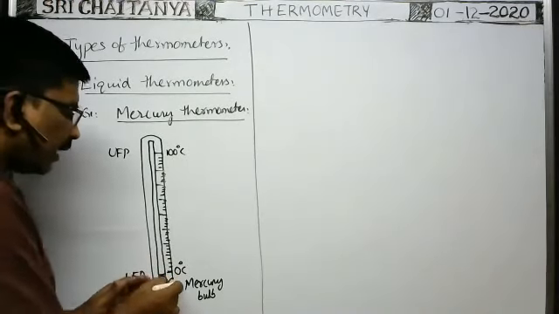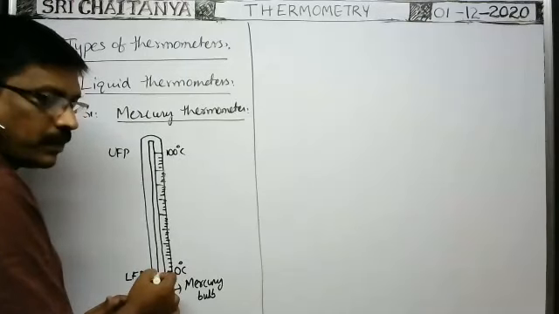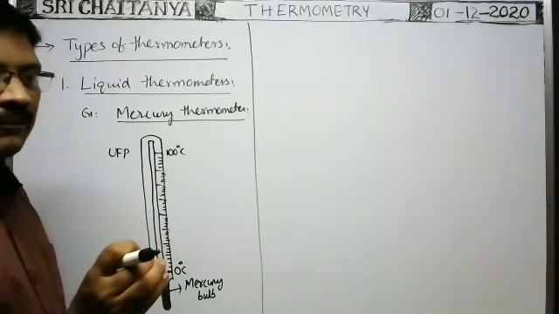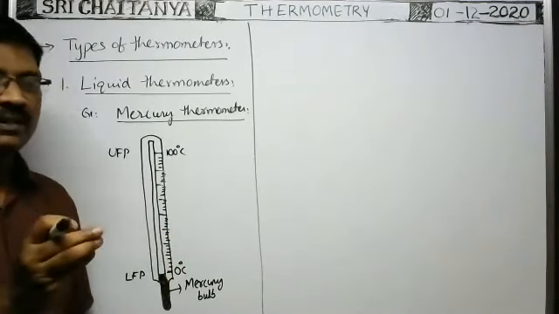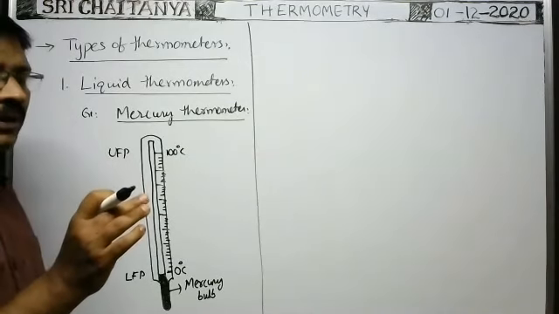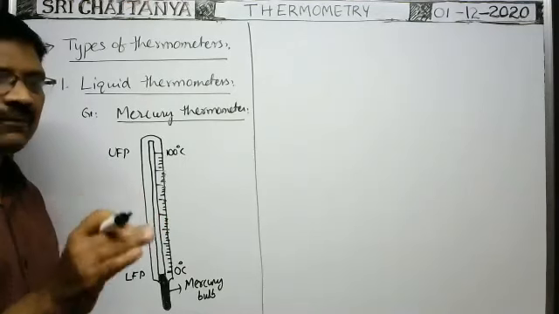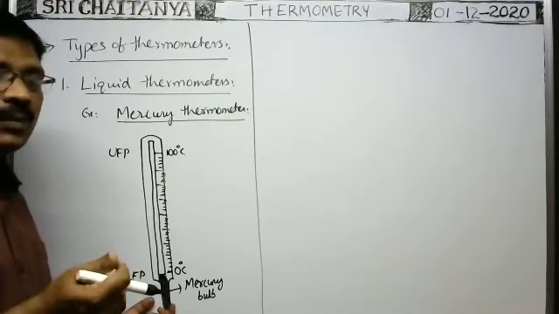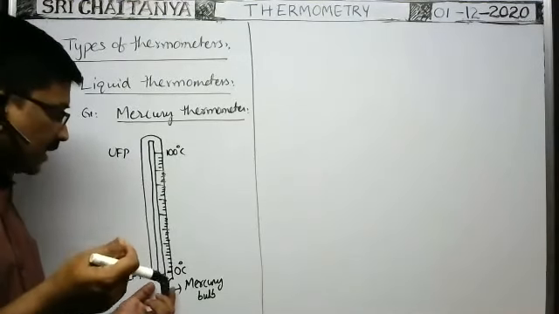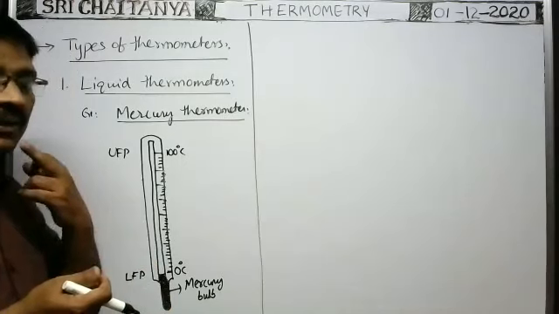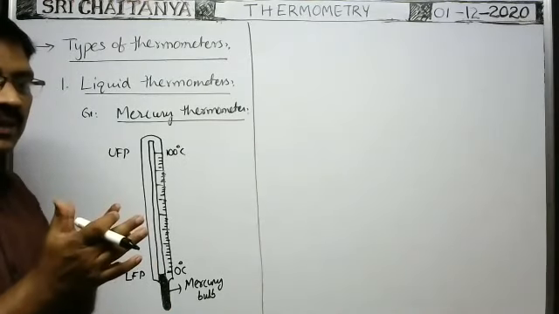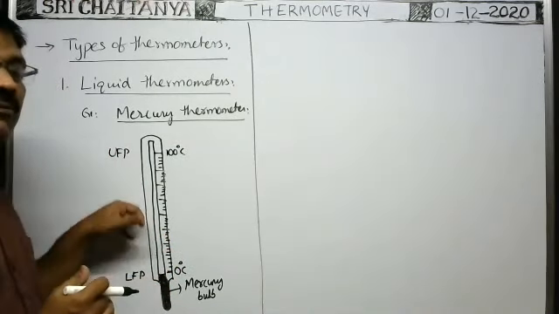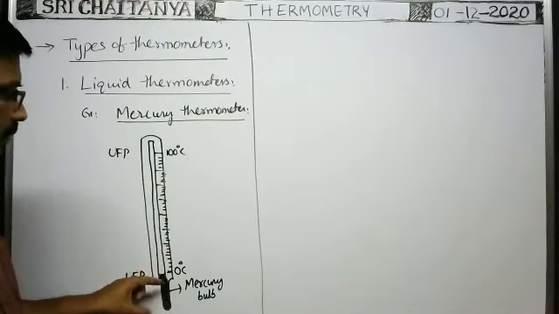Suppose the same volume of mercury is taken in a spherical bulb. The surface area of the spherical bulb is less for the given volume of the liquid. When taken in the form of a cylinder, the surface area is more. Whenever the surface area is more, more of the mercury is in contact with our body, so more heat energy transmission takes place in a small time. Due to that, the rise in temperature will be more and the expansion will be more. Hence they prefer the mercury.